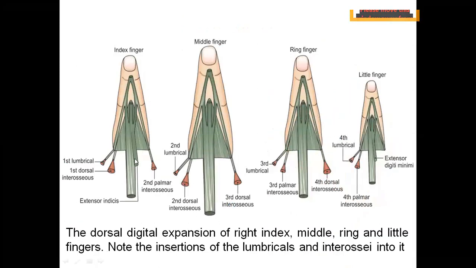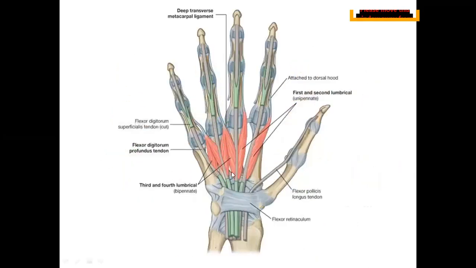So these are the dorsal digital expansions which we discussed in our previous class. I told you this is the extensor digitorum muscle which goes in the middle, and this dorsal digital expansion receives the insertion of lumbricals. Not only lumbricals, it also receives the insertion of the following interosseous muscles, which we will be discussing now. Right? Okay, this is the flexor retinaculum. Below that, the green tendons are flexor digitorum superficialis. The gray tendons are shown for flexor digitorum profundus. In between them, you are finding the lumbrical muscles.